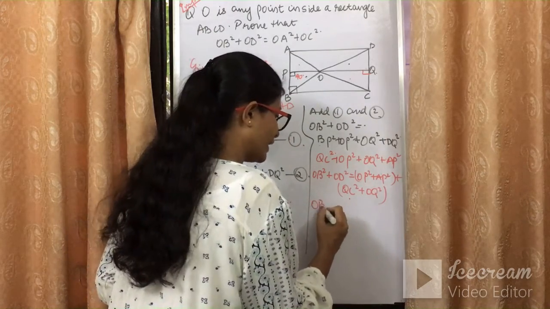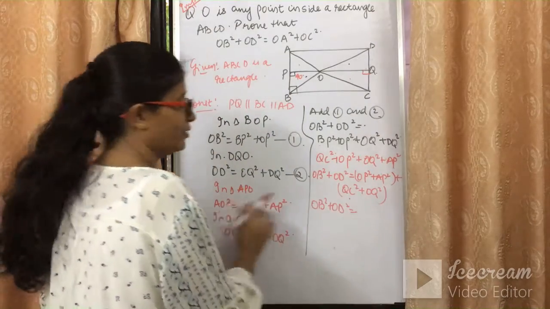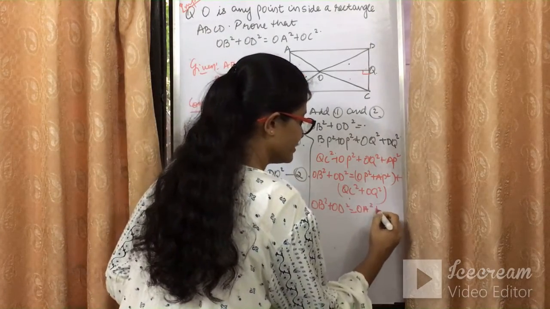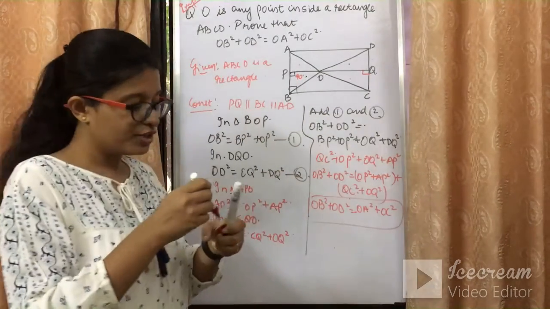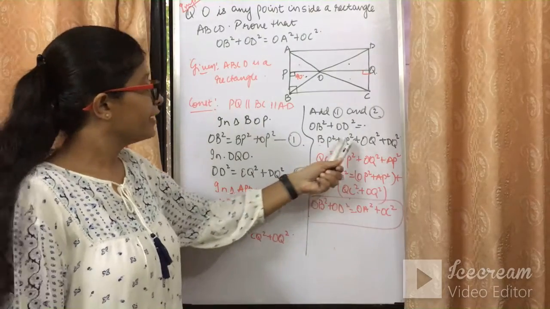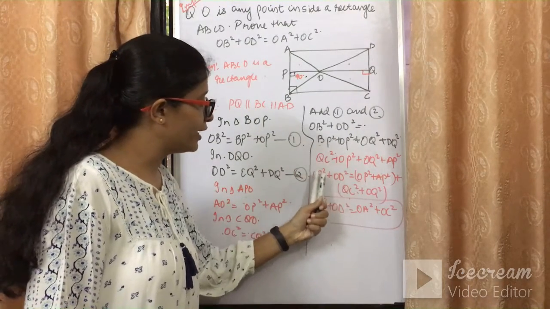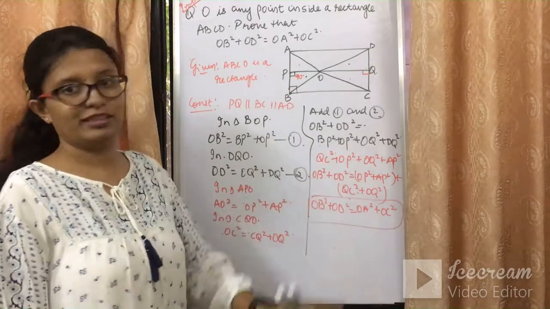Now what I can do, I can substitute it. I know OP square plus AP square is nothing but OA square and this is nothing but OC square. So the proof is done. Just आपको ये समझ में आना चाहिए कि ये ग्रुपिंग कैसे करनी है. यहाँ पे PB स्क्वायर को अगर यदि आपने QC स्क्वायर नहीं लिखा तो फिर खेल खत्म होता है उधर ही.